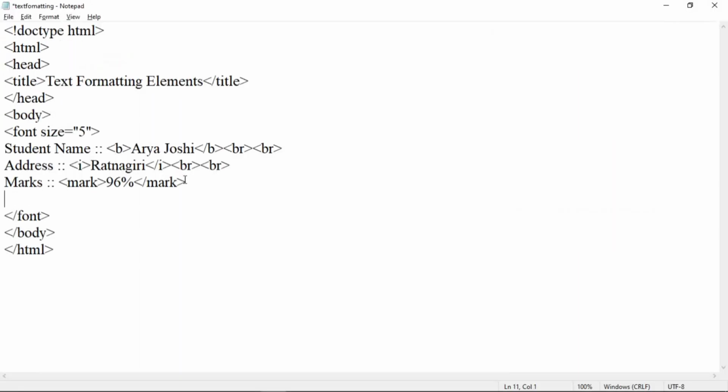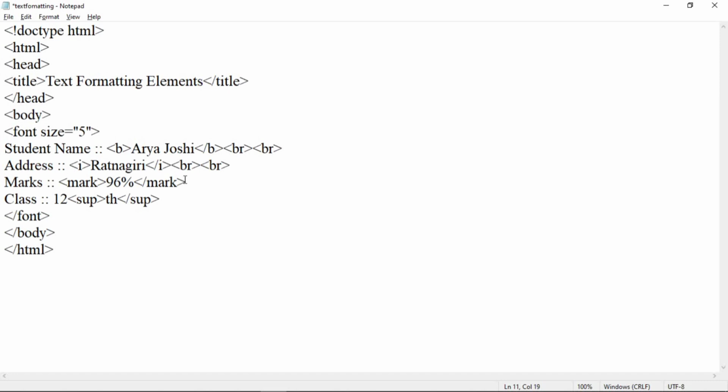Then let us add the batch of this student. First of all, class of this student. So class colon, suppose class is 12th standard. So 12, after the 12, th is to be displayed in superscript form. So for that purpose, we have to use a sup tag start, then end of sup, and within this we have to add th, that is 12.